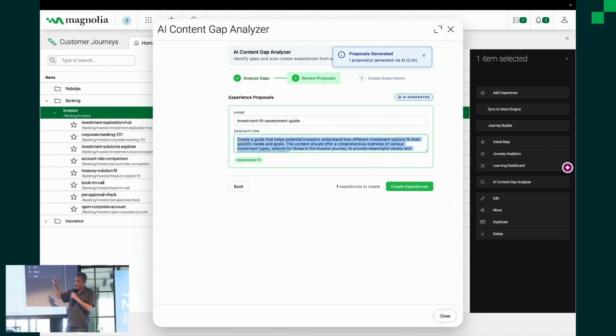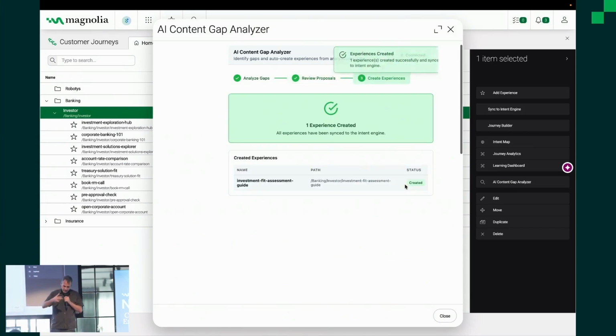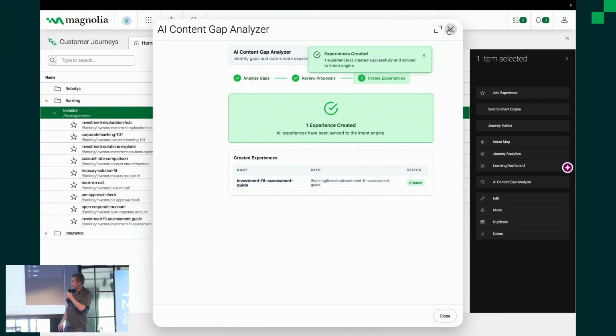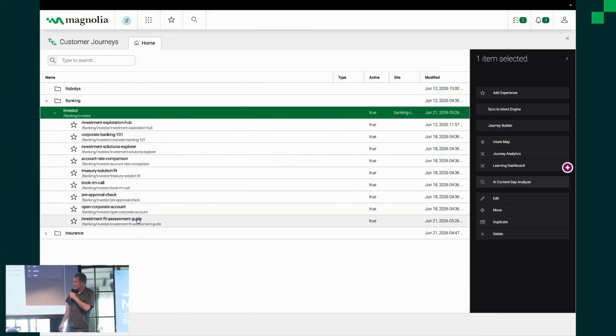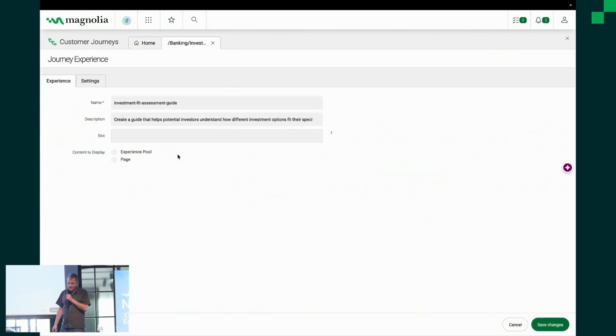Let's pretend this proposal is exactly what I need. Cool. Let's create this experience. Well, basically this is the connection between the content that I'm going to deliver and the actual intent. Okay. So with one click, I get that generated, just for the sake of time. If I have a quick look at it, if we hit edit, then